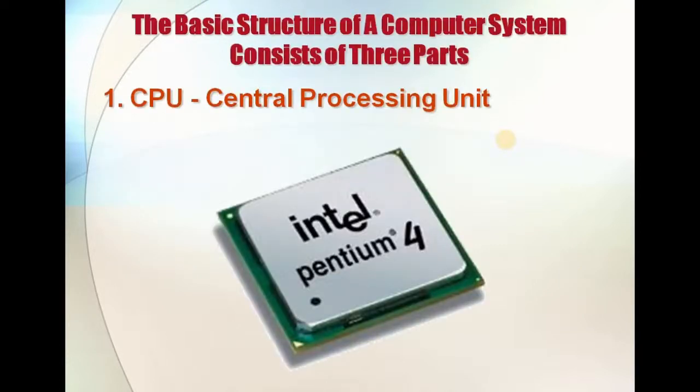So basically a computer system consists of three parts. One is the central processing unit, and input-output devices, and memory. As we all have studied about the processor or the central processing unit, in the earlier days we had the Intel Pentium 4. The latest ones are different microprocessors as well, but Intel is the leading organization which manufactures the most processors.